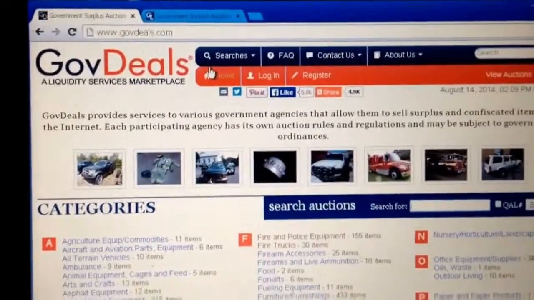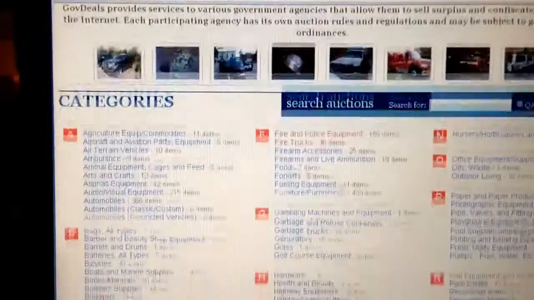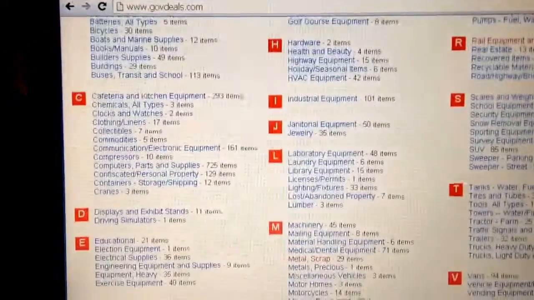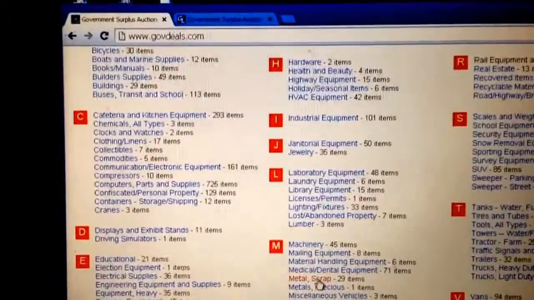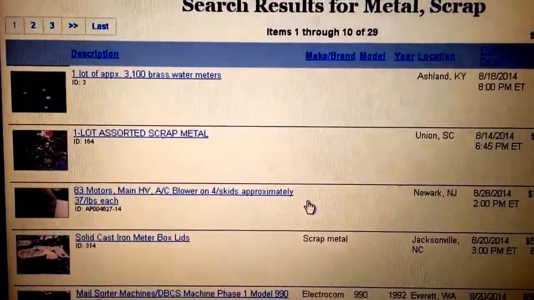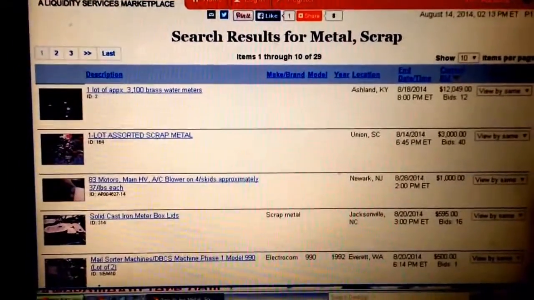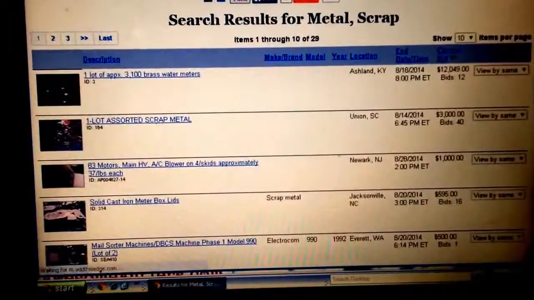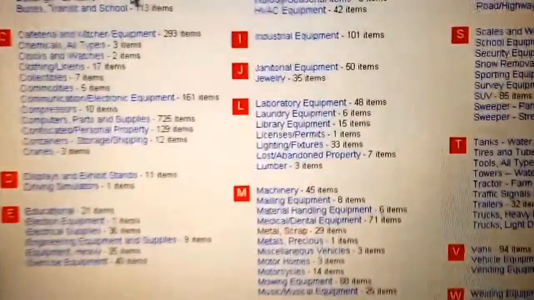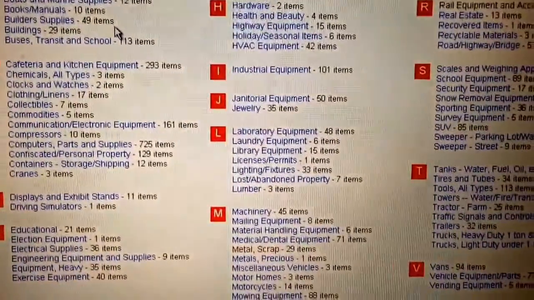And this site has just about anything you can imagine. Now for the scrap guys, we'll scroll down here, and under the M's, you've got metal scrap. And there's everything from water meters to just assorted scrap. And of course you can go back to any of the other groups, I guess you could say, in this same website. And there's everything from rail equipment, hardware, janitorial equipment. Of course, there's cars, fire trucks, police cars,